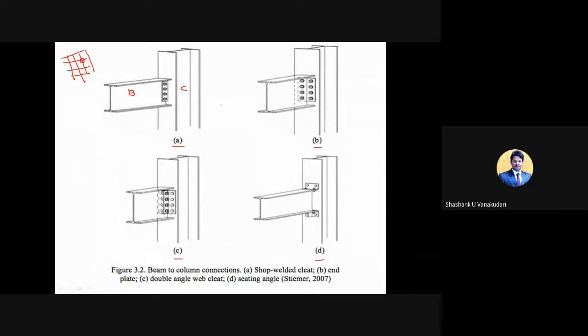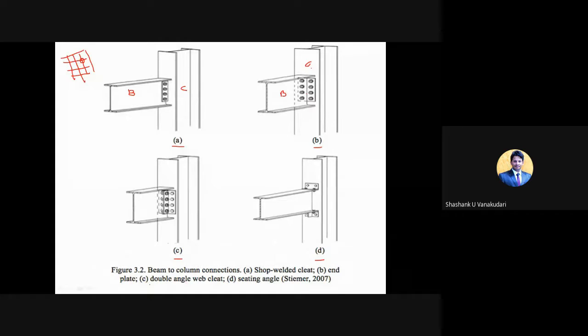So here you can see the structural members, the one plate which is attached to the column and one is attached to the beam. So they are interconnected with each other at this part. When the load bearing capacity is more, in those cases they provide these end plate connections. So one end plate is attached with the column and one is attached with the beam, so that through nut and bolt connections they fix this one.